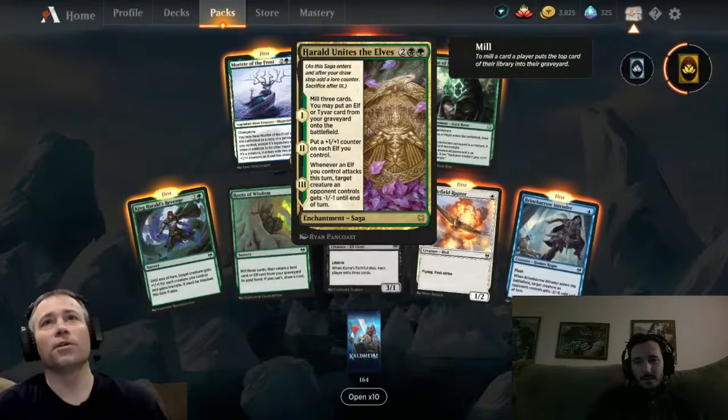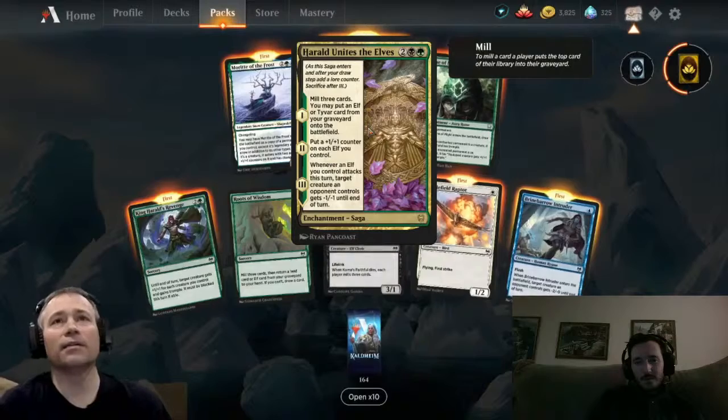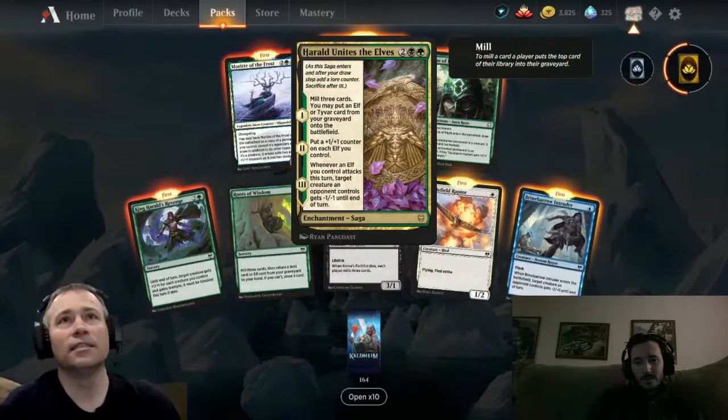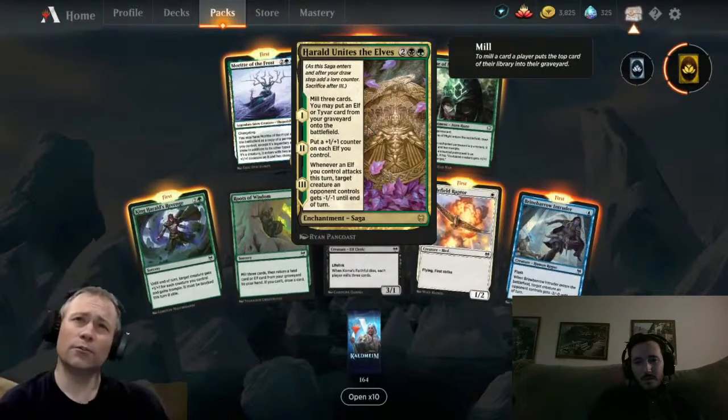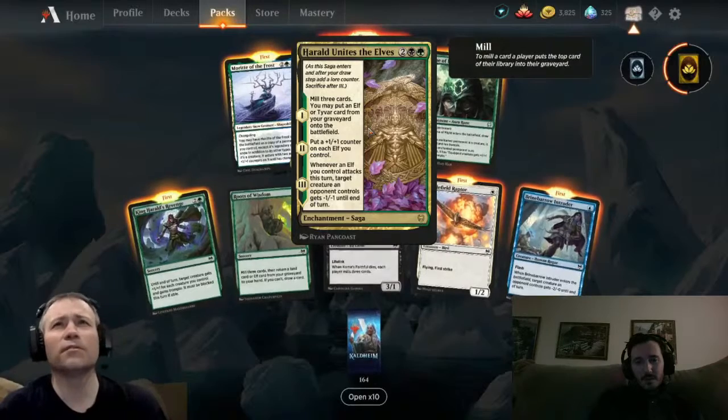Put all the stuff in the graveyard so you can bring it back out. That's what this card tells me. And on each, it's an elf though. It's an elf specific